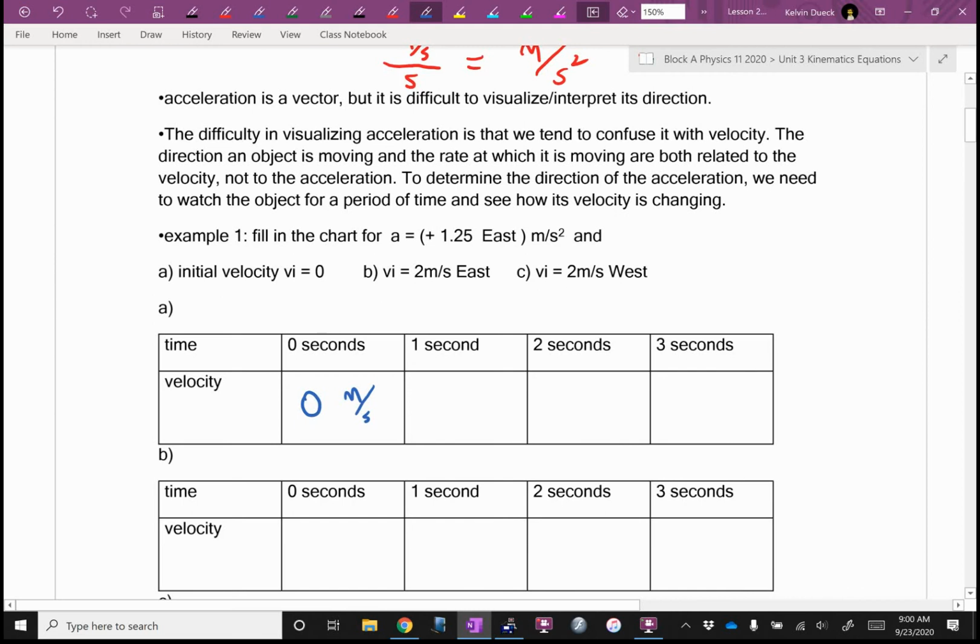Okay? So what did we start out at? After 1 second, how fast are we going to be traveling then? And instead of east, I'm just going to put positive 1.25 meters per second. After 2 seconds, how fast are we traveling? Positive 2.5 meters per second. See it, Owen? Speeding up. After 3 seconds,